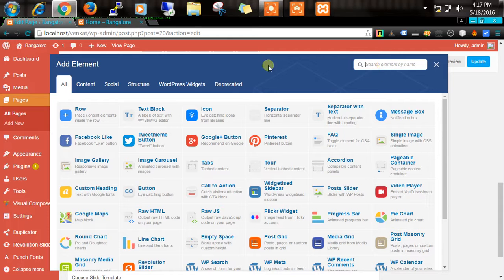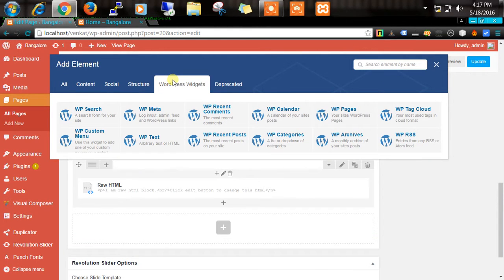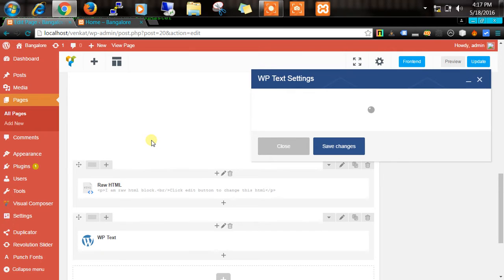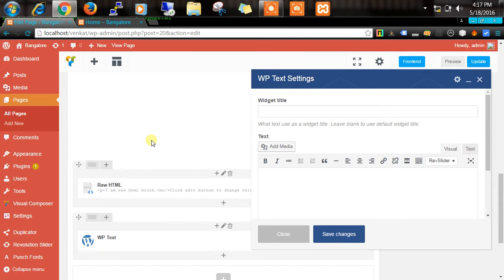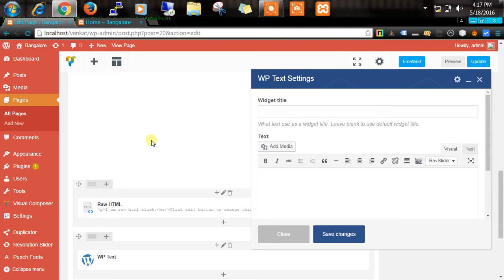Okay, sorry. Click on WordPress widgets. You'll get all the WordPress options in one shot. Click on WP text. Once it opens, this will give you the similar format which WordPress gives you, the direct editor. Click on text. Remember, when you are using the WordPress part, always click on text, then paste the HTML here. Otherwise, it will show along with the tags. Understood? It will not decode the tags. It will simply put it as text.